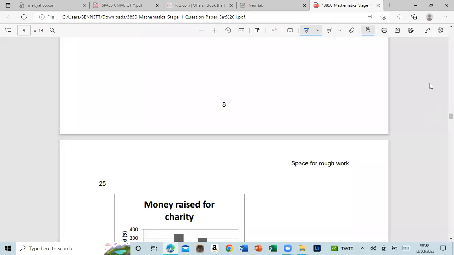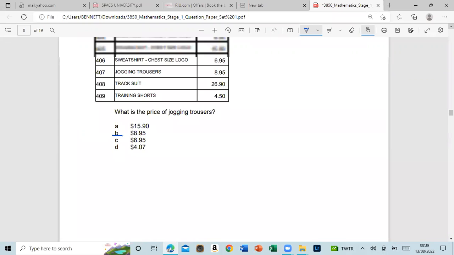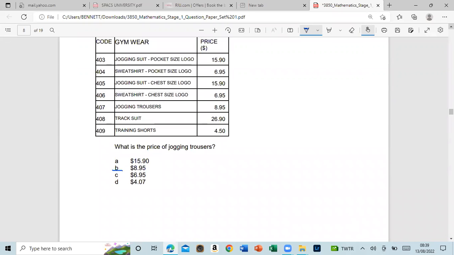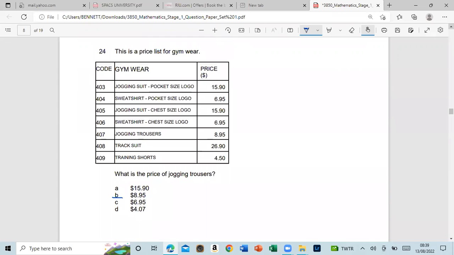Oh, it changed. Let me ask you guys an additional question. What would be the code for the jogging trousers? Suppose you type it in and you have to put in the code. What code did you put in? 407. Yeah. So the code is here. They didn't ask that, but I just wanted to show that the code is here. Very good. All right, let's move on to